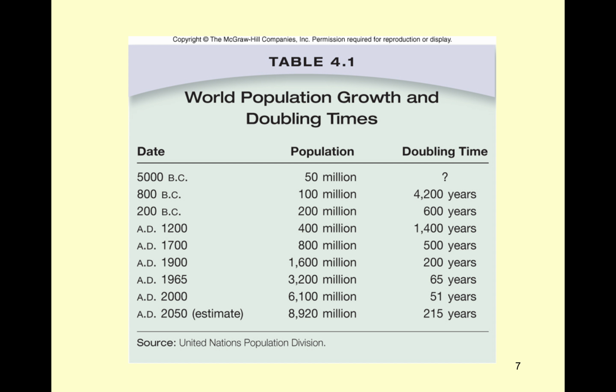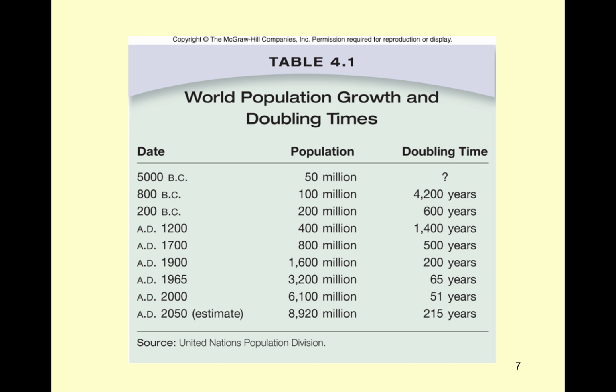So if I take 10% and divide it into 70, basically that tells me in 7 years I'll double my money. Okay, so here we have the doubling times of human populations. And we go back 800 BC and it took 4,200 years for our population to double. Okay, and then we got into the 2000s,